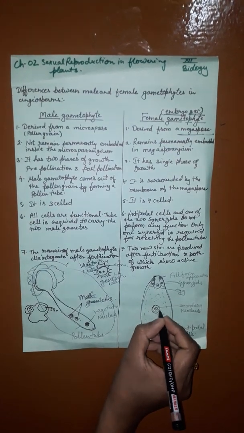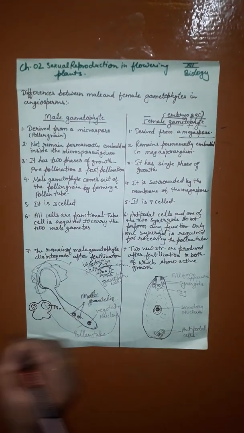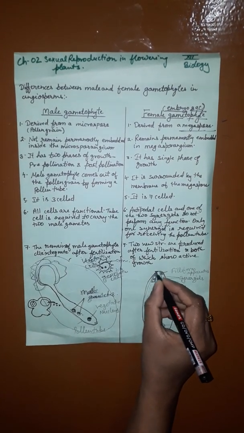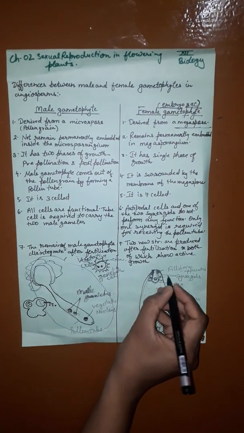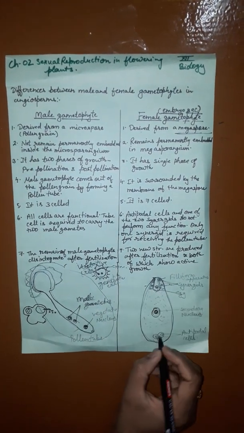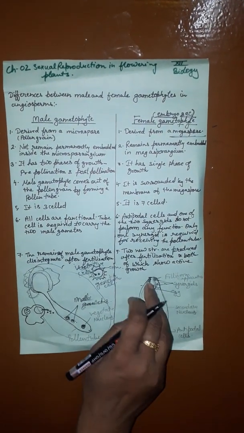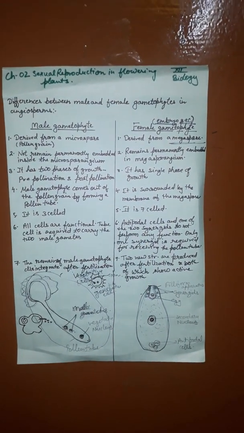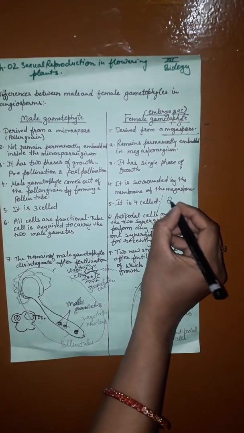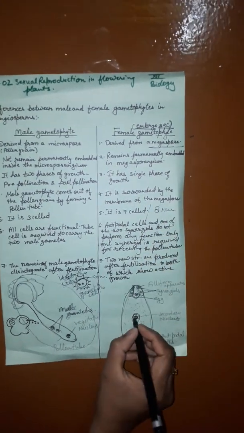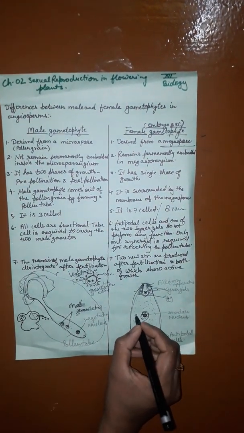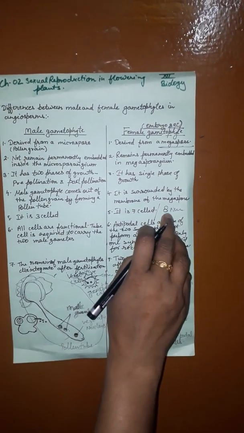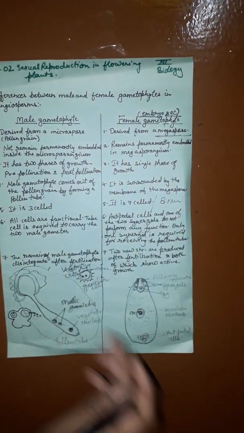See here, this is the structure of the embryo sac, also called the female gametophyte. This is the secondary nucleus, or polar cells. This is the egg cell, and two synergids, and the three antipodal cells: 3, 3, 6 and 1, 7. This is the 7-celled stage and 8 nuclei. Why 8 nuclei? The secondary nucleus divides and forms 2. So now 3, 3, 6 and 2, 8. So 8 nuclei and 7 cells.